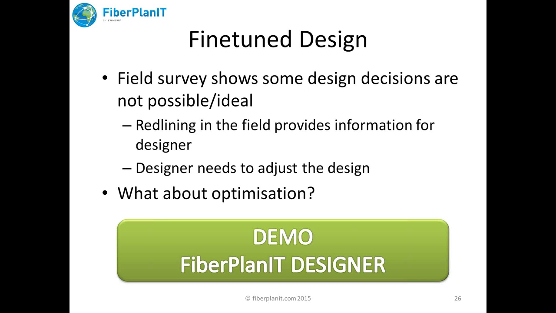Now one way of solving this would be to go into the field with your design in a kind of tablet app and start redlining in the field to provide information back to the designer in the office on where the problems are situated and how this could be solved in reality. And then of course the designer, based on such redlining information, could go and adjust the design in order to